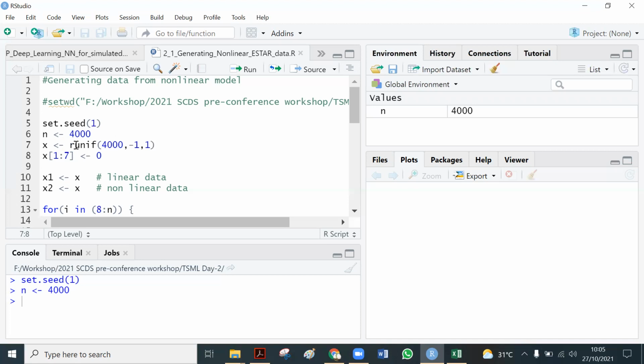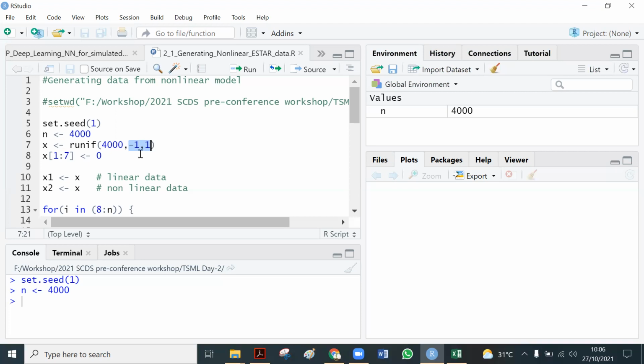Randomize data following uniform distribution with the number of generated data being 4,000. The parameters in a uniform distribution are the lower bound and upper bound. So we generate data with lower bound -1 and upper bound 1. So our data will be in between these two values, right?